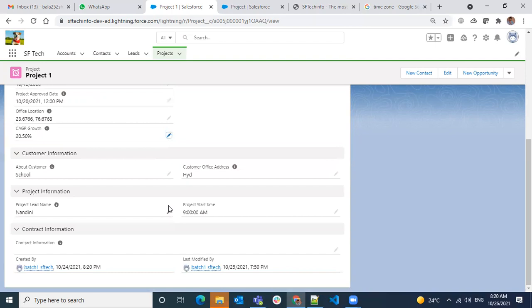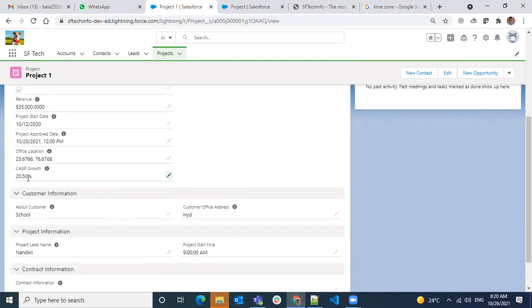And you can store it. I think what I was explaining is that it is divided by 100 and multiplied by 100 when you use it in the formula field. Sorry about that. So percentage fields are the same: whatever you enter, it will store, but on top of it, it will add a percentage symbol. So it will be used in all exports and everywhere, appended with the percentage symbol.